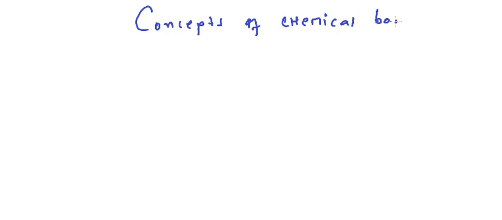Hello everybody. Today we're going to discuss the concepts of chemical bonding. And we're going to discuss the types of bonds and the factors that affect bonding at the same time. So when we are discussing chemical bonding, I would like to start by defining what types of chemical bonds we have. The most common type of bonding is called ionic bond,